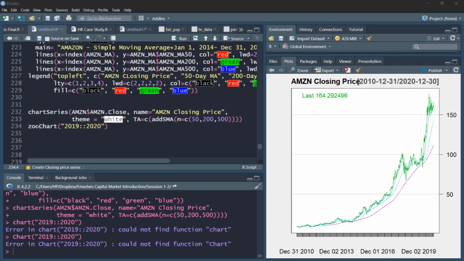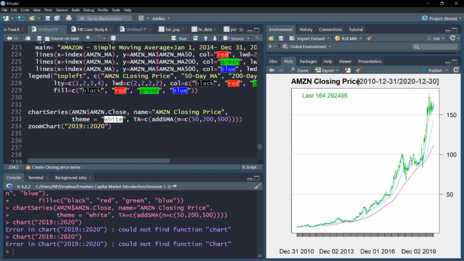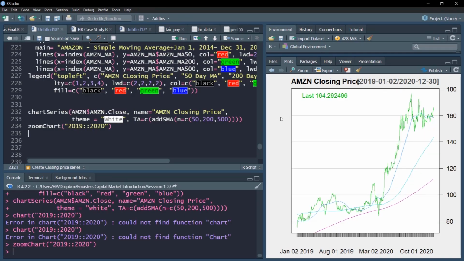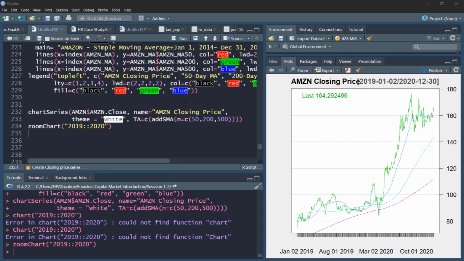So I'll provide the zoom chart. So I'll see if this works. Zoom chart works. Yeah, it works. So I'll use this zoom chart, and you can see a nice plot where I have added the moving averages and all the required details are available. Very easy 2-line plot to get the same effect. In the next video, we'll discuss the Bollinger Bands.